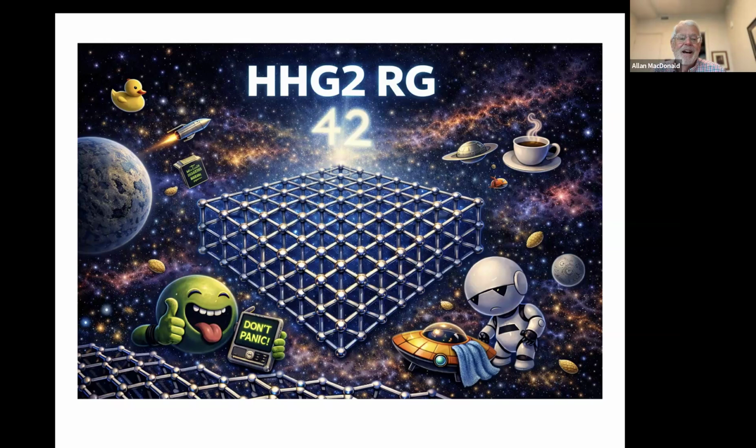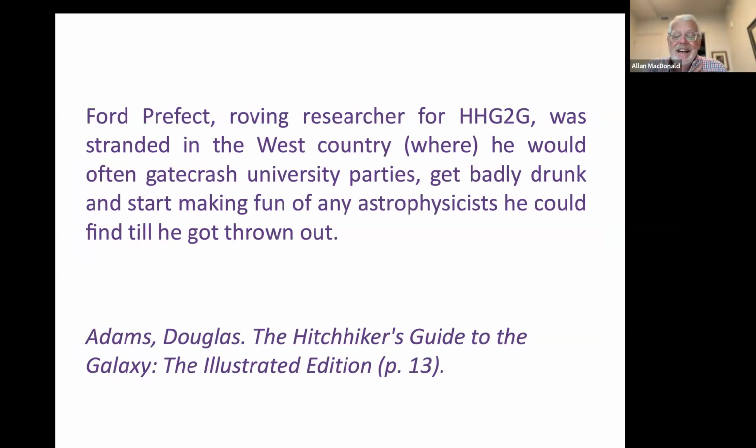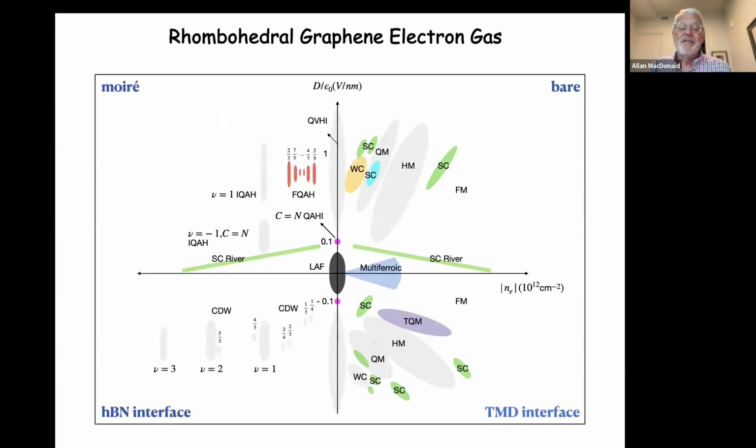I've taken my title, Hitchhiker's Guide to Rhombohedral Graphene, from the 1980s British science fiction satire, which tells the story of Ford Prefect, researching our galaxy for his alien civilization. The analogy between galaxies and graphene is fitting because in rhombohedral graphene 2D electron gas systems,